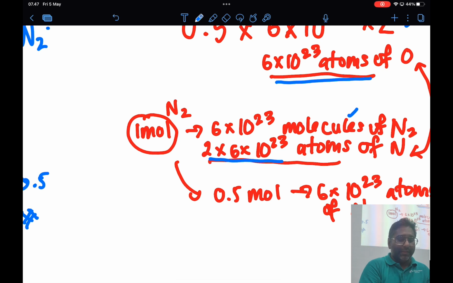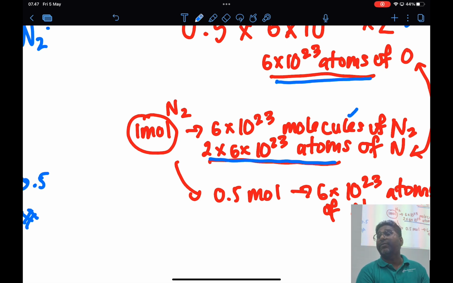So I get this value, but I want only this 6 times 10 to the power of 23. I don't want the 2. How do I change it to that? I don't want 1 mole then, I only want half of the mole. Only when I have half of the mole can I divide by 2. Once I divide that by 2,